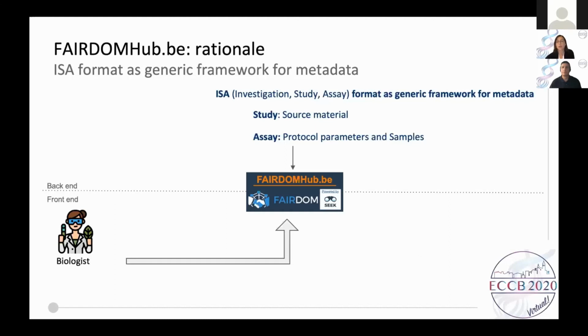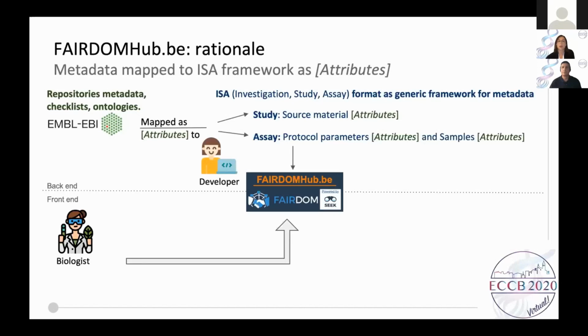So we would like to use this framework to map the attributes that come from the repositories, starting with the EBI repositories, especially ArrayExpress and ENA. So we take those metadata schemas, we take the attributes, and we map them at the study level or at the assay level. An example of attributes of the study could be a tissue or organism, species, age, dose. Another example of attributes for assay could be instead a microliter of something, or the volume, or the concentration, or the machine that you use. So this kind of information.